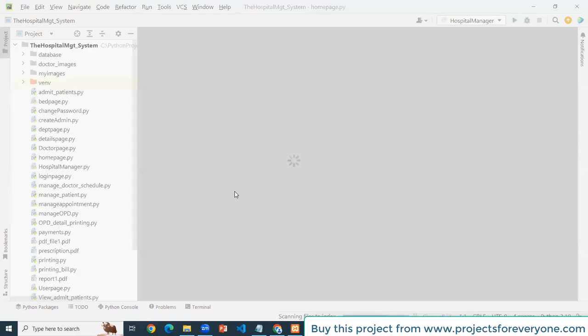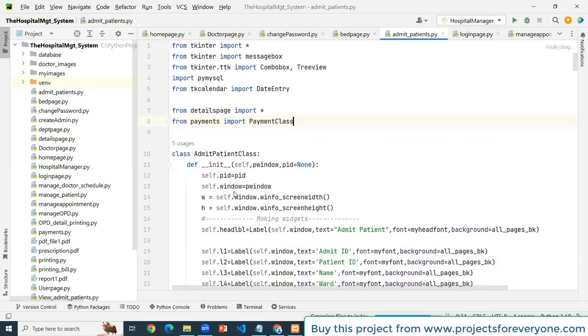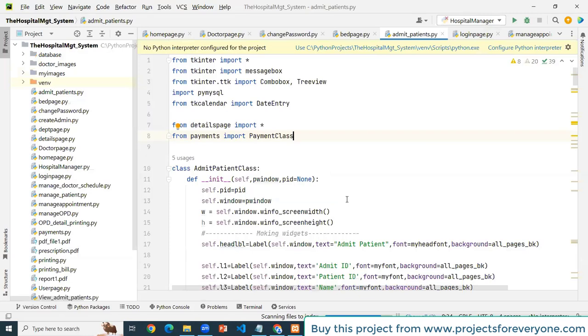Select from the desired location and click on that project. As you can see, no Python interpreter is connected yet. We can't execute the project now.